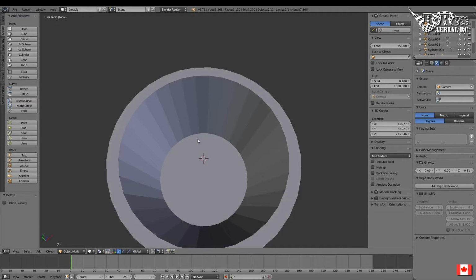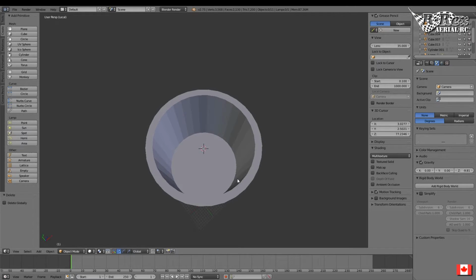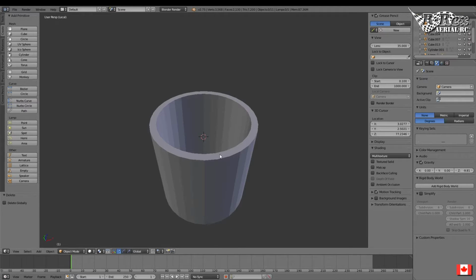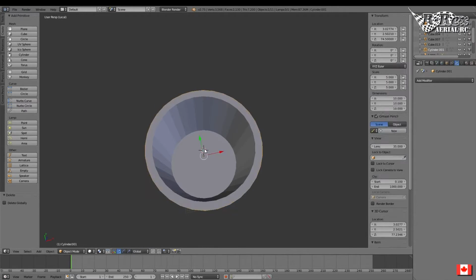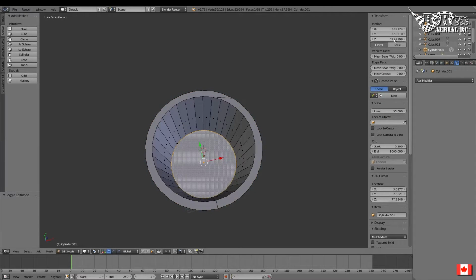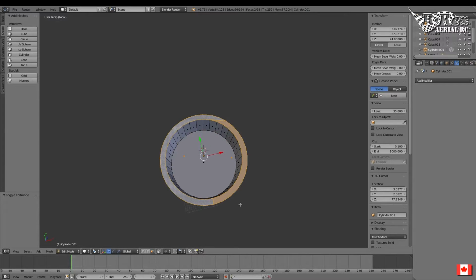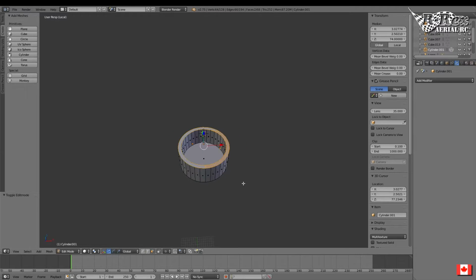I mean, that's rather huge. We only really need to be like 3 millimeters tall. So tab, select the bottom. The bottom is 69 point, that's 70 millimeters. So this will be 74 millimeters. Okay, so